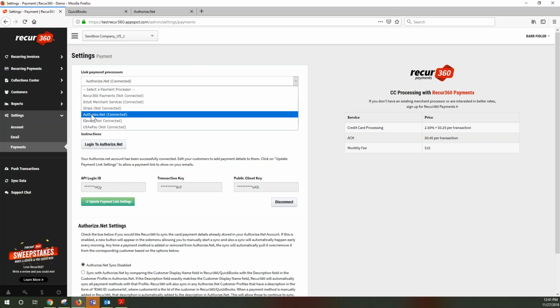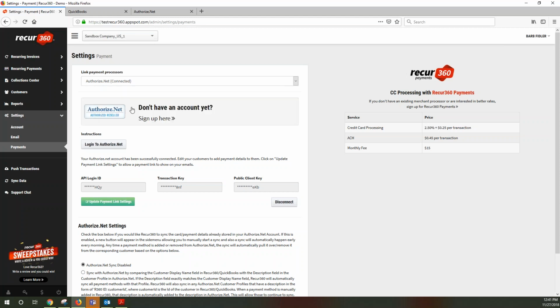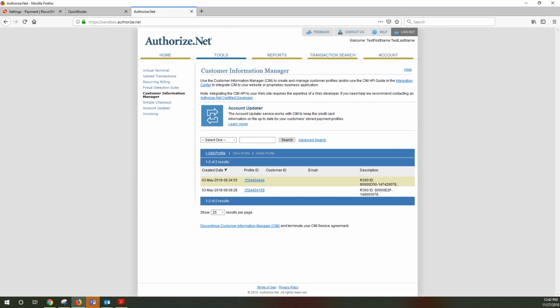processors into Recur360. Typically, when you add a new payment processor to Recur360, you then have to re-enter all of your credit card information into Recur360. Because we do not actually store full card information. We store what is called a token to that information within the processor. So I keep a token key with Authorize.net that says, please go process to this particular customer in your Authorize.net account. Okay, and I have an Authorize.net sandbox file here that we can look at,